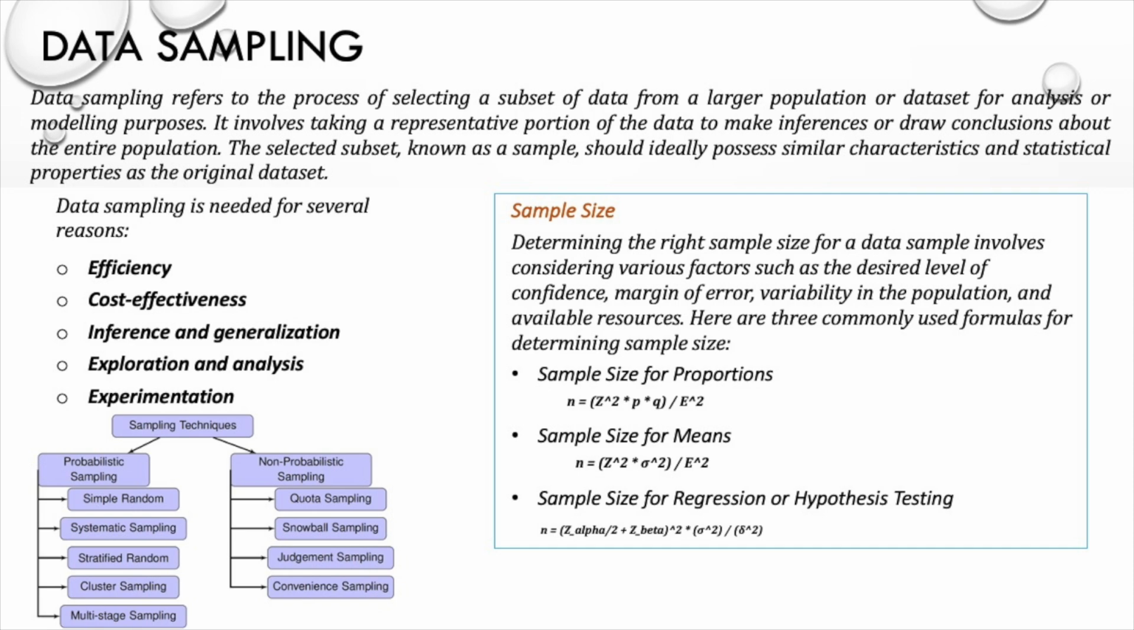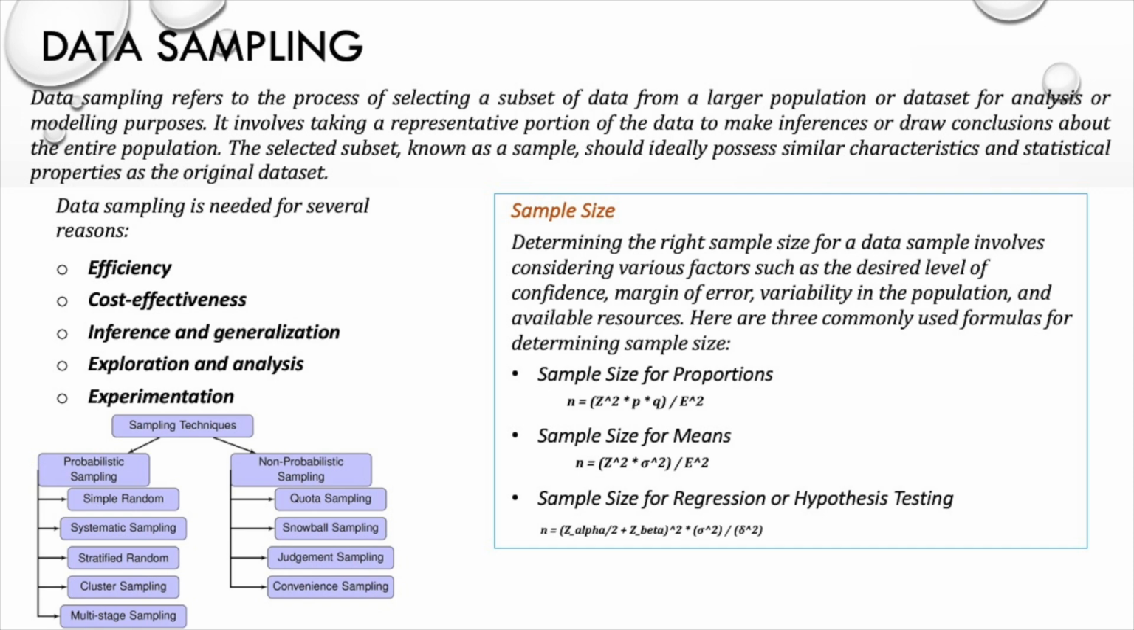Efficiency. Working with the entire dataset may be computationally expensive and time-consuming, especially when dealing with large volumes of data. Sampling allows analysts to work with a smaller subset, reducing computational requirements and speeding up the analysis process. Cost-effectiveness. In some cases, collecting data for an entire population might be impractical or costly. Sampling allows researchers to gather information from a representative sample at a fraction of the cost, while still providing meaningful